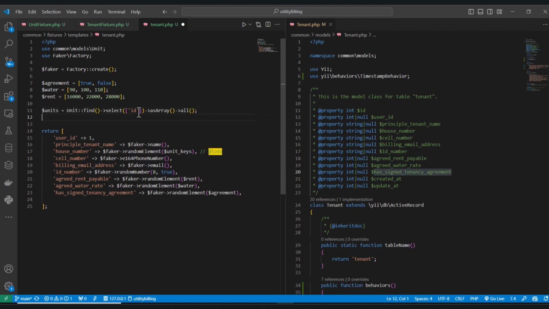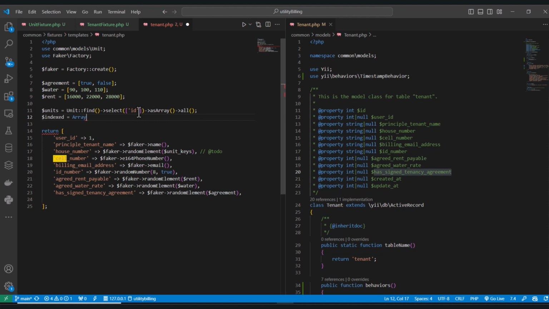Now this is an active record kind of collection that we get, right? It's a huge compound array. Now what we want to do is index that array by IDs. So we say indexed equals